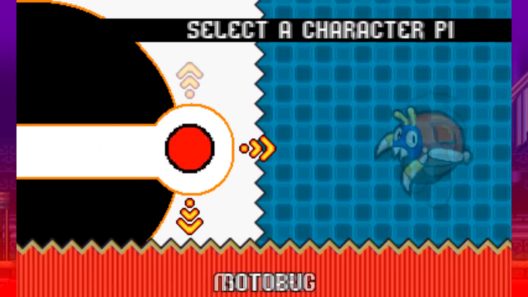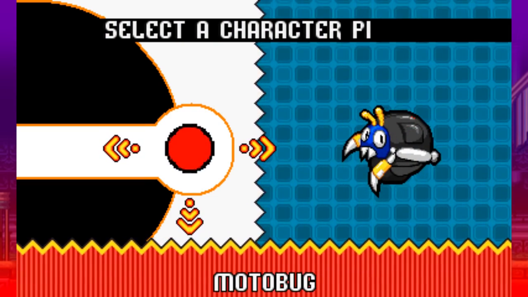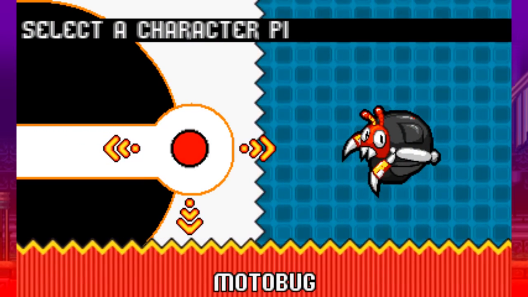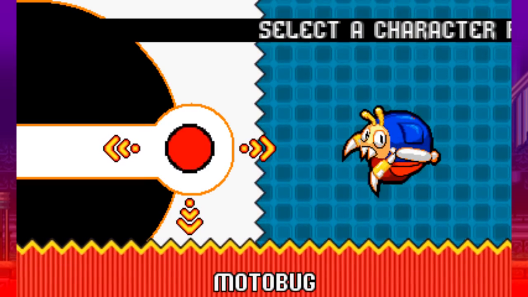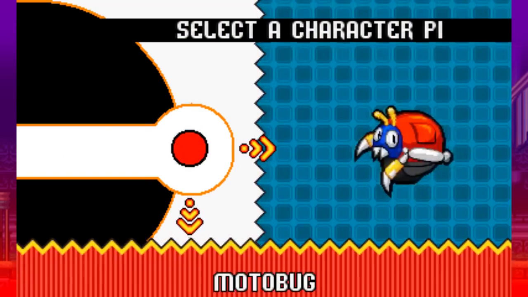Not canon though. Motobug, you have a blue Motobug, yellow Motobug, green Motobug, purple Motobug, a black Motobug, a gray Motobug, and I want to say this is the war paint Motobug, just because its face is red. It's either angry or embarrassed. But you also have even more colors, and you have the golden Motobug, which is something interesting. Now,